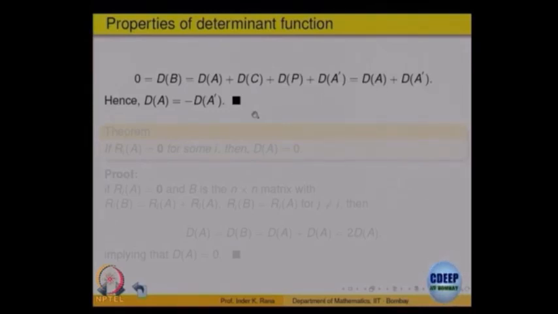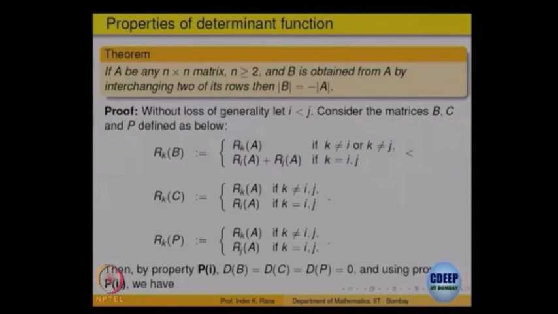That is minus determinant of A dash. So, we have used the first two properties, namely if two rows are identical, then it is 0, and if there is a linear combination, you get the linear combination of the corresponding matrices. Using only those two properties, we have proved the theorem, namely if you interchange any two rows of a matrix, then you get a negative sign in the value of the determinant, and this is purely without expanding or doing anything. We have just used those three properties, right.